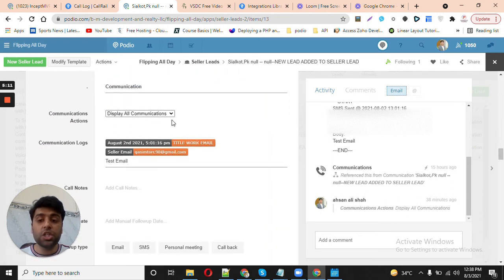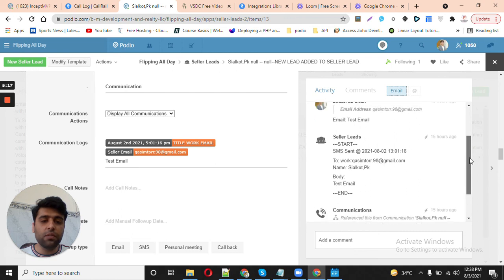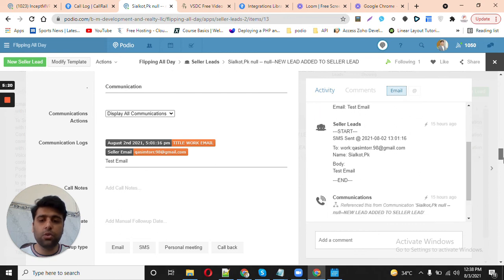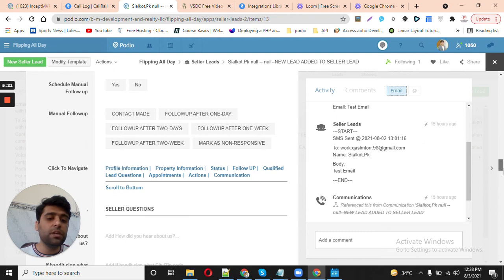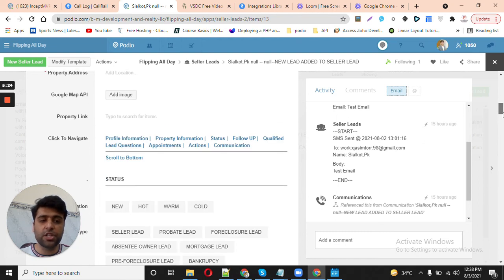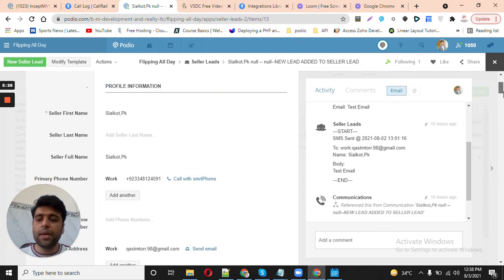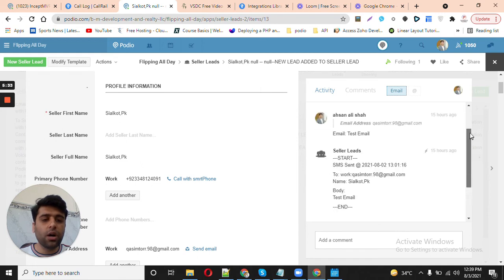So here is the communication log which is built, and you can see that if you do some communication on this lead, if you send an SMS or do things like that, then it will show in the communication section. And similarly you can also send an SMS to the lead, and you can do all these things